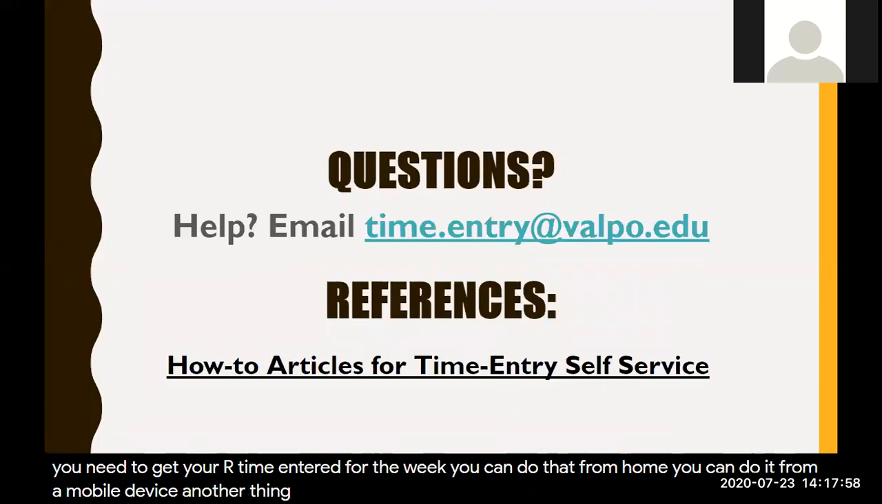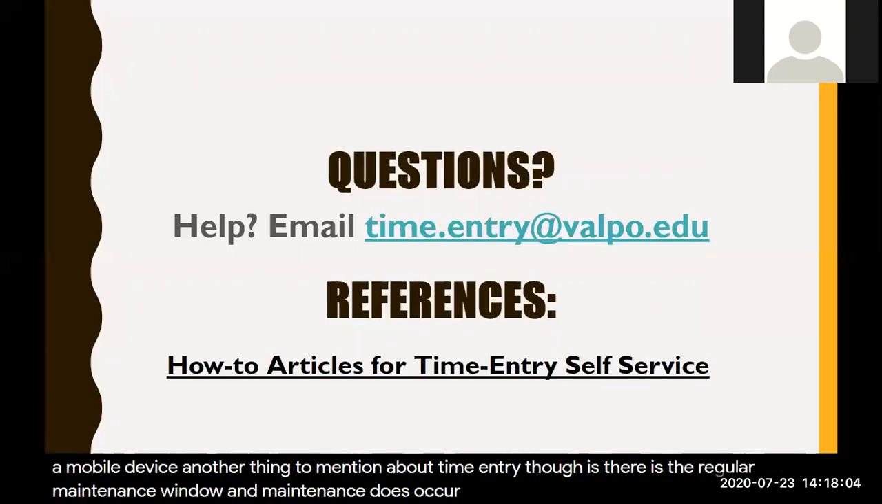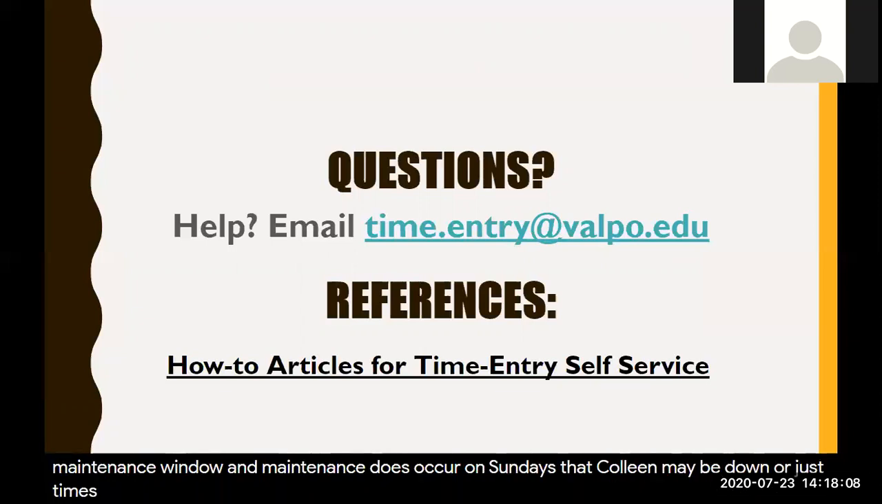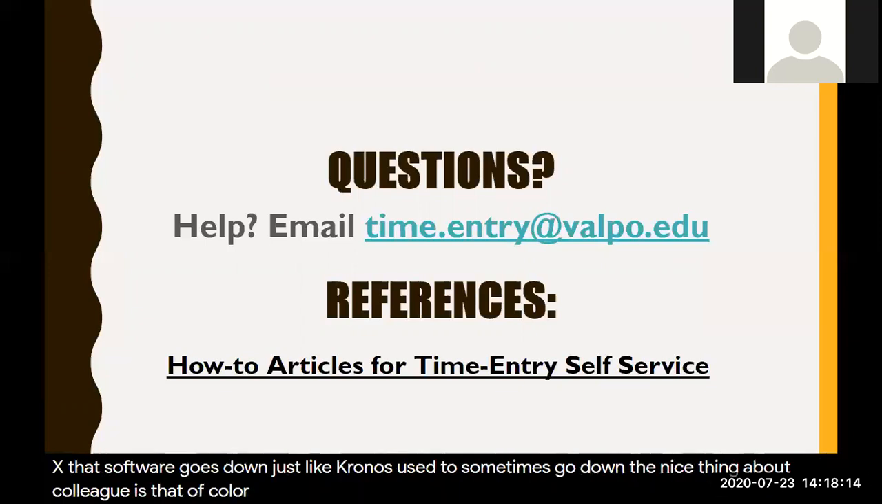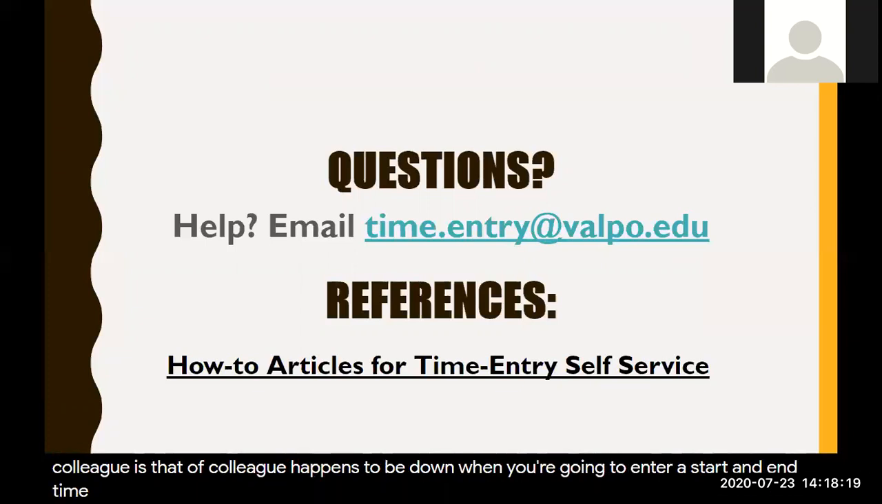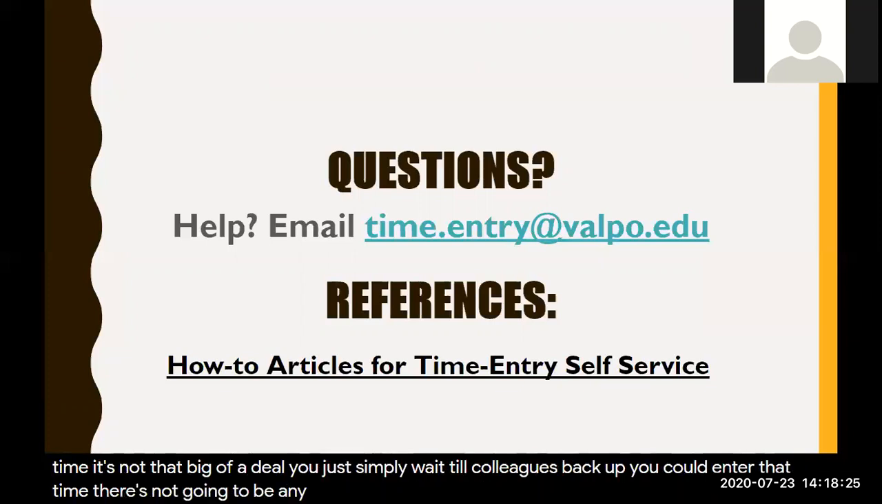Another thing to mention about time entry, though, is there is the regular maintenance window when maintenance does occur on Sundays. Colleague may be down, or just times that software goes down, just like Chronos used to sometimes go down. The nice thing about Colleague is that if Colleague happens to be down when you're going to enter start and end time, it's not that big of a deal. You just simply wait till Colleague is back up and you could enter that time. There's not going to be any edits or adjustments that need to be made because it's a time entry, not